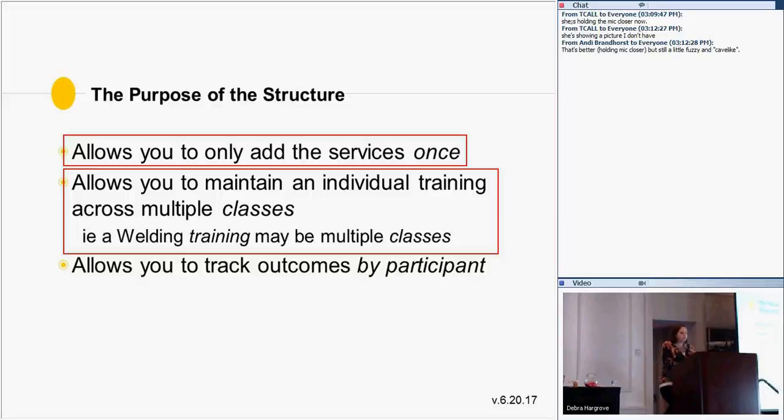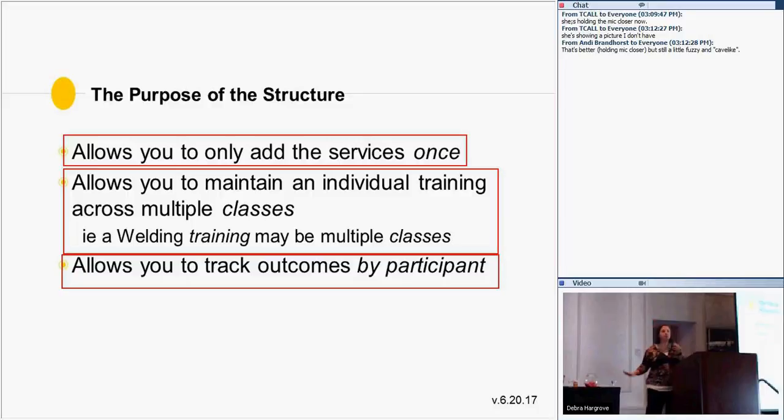It also allows you to track outcomes by participant. As I mentioned previously, the way TEAMS is currently structured, for a particular class there's no check for we finished, we didn't finish, or we were through on the date. This particular structure, and I'll show you in a second, allows you to indicate yes, they finished on the date, or no, they were through. Because again, by participant, we have to report whether or not that participant completed the training, and if they didn't, that they actually withdrew.